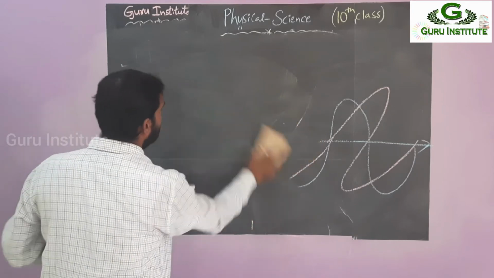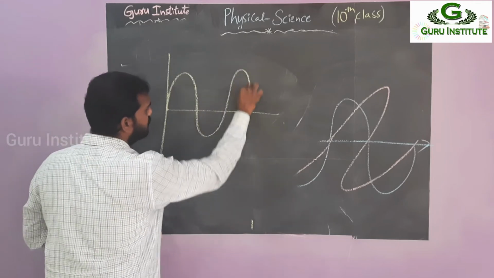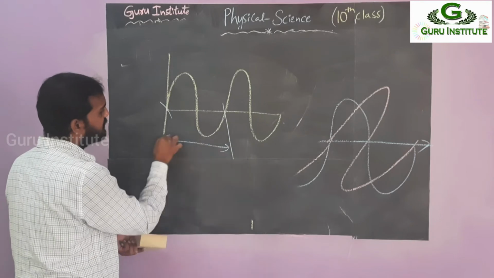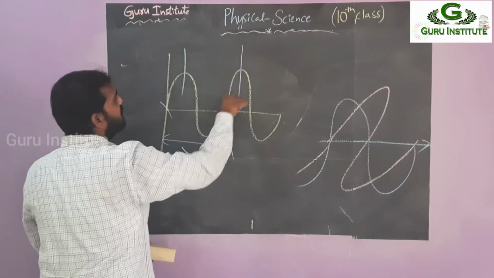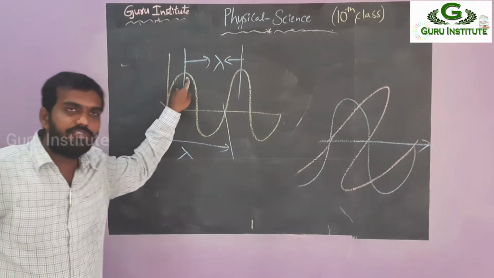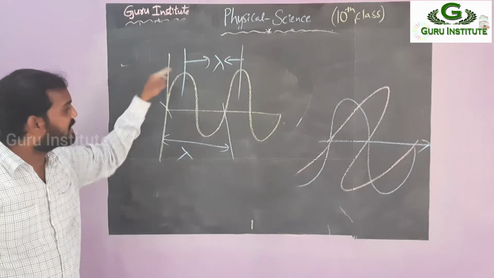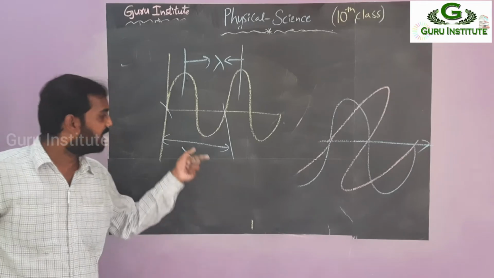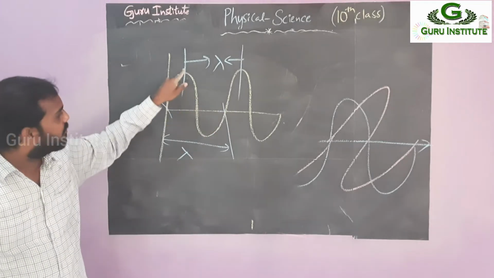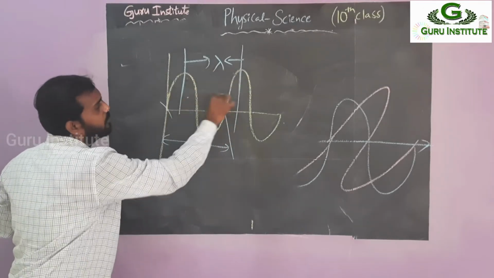I draw clearly, see here. Suppose the wave is like this. Then the distance between the first point and this point is known as lambda, or the distance between this point and this point is known as lambda, wavelength. The distance between the first peak of the wave to the next peak, or the length of one complete cycle in a wave, is known as lambda. Now if you take the positive cycle and this negative cycle, this is a complete cycle, half cycle, half cycle. This is a 1/4 cycle, this is also 1/4, 1/4 plus 1/4 is half, half plus half is 1.